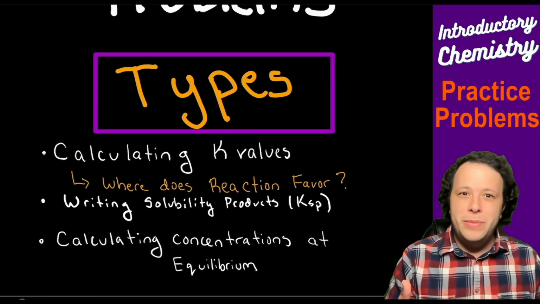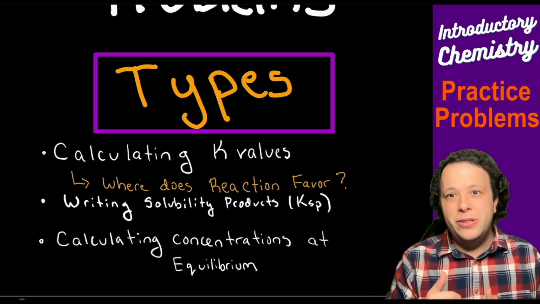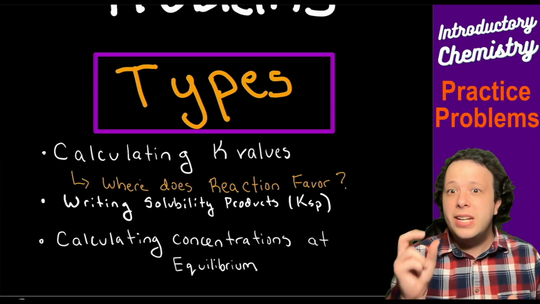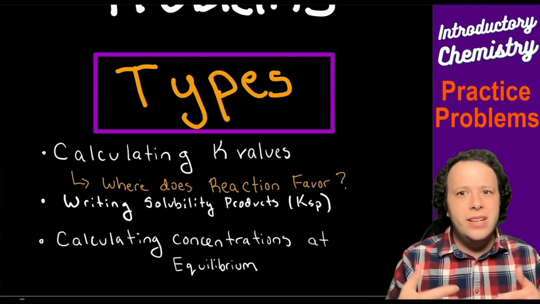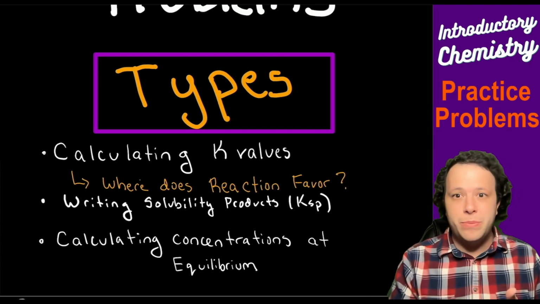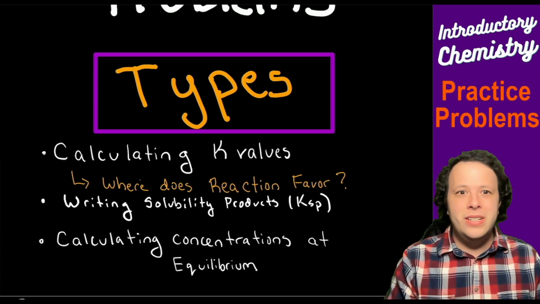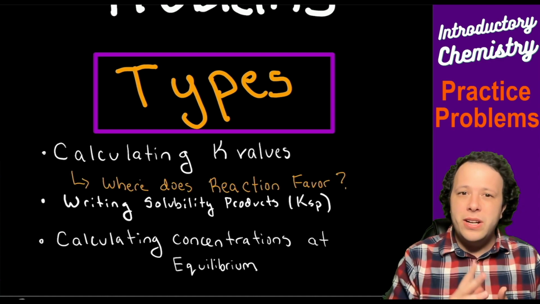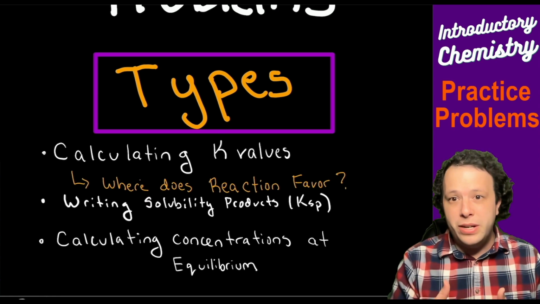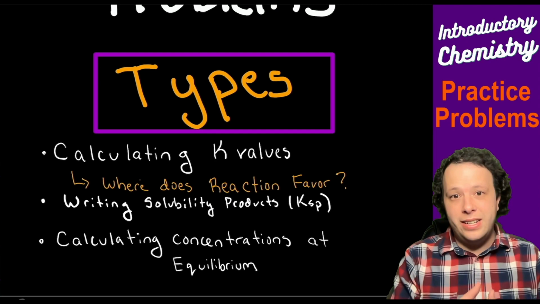The last thing we're going to really be looking at is writing solubility products, which is KSP, which really tells us whether something is soluble when you throw it in. So if you take a solid and throw it into a solution, does it break apart? We're going to go through a general chemistry 2 concept, which is a preview of future videos that will eventually come in the years to come. One other question we're going to look at is calculating concentrations at equilibrium as well. So how can we look at these problems and calculate a concentration?